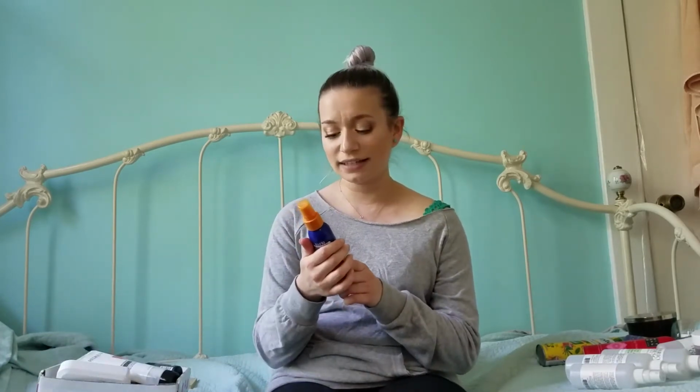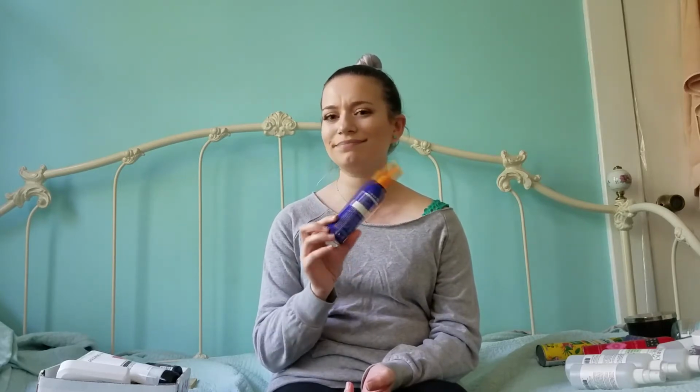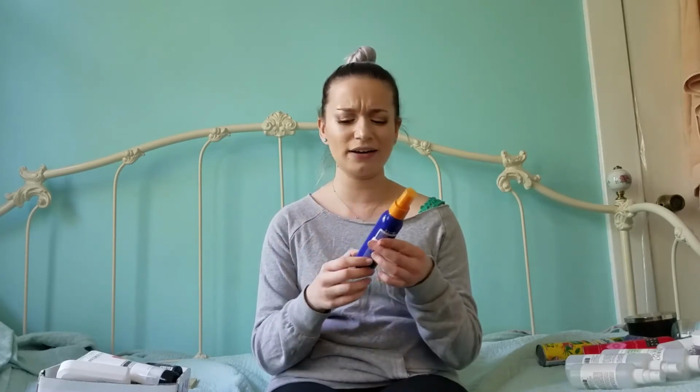Next we have the It's a 10 Miracle Shine Spray with Noni Oil. I'm kind of on the fence about this product. I did buy another one, but I don't really know how I feel about it. First of all, this is pretty expensive. You can get this at CVS, but it's like $22 or $25, and I don't know if it's really worth